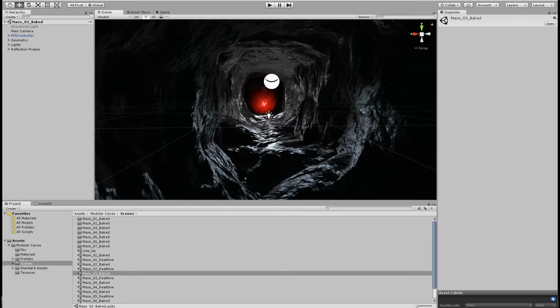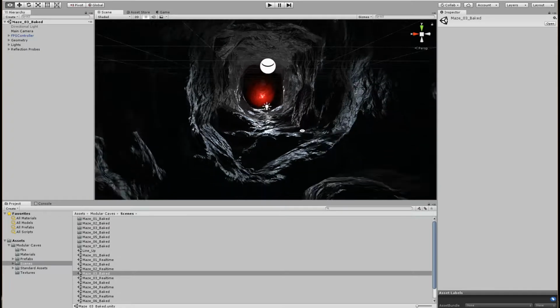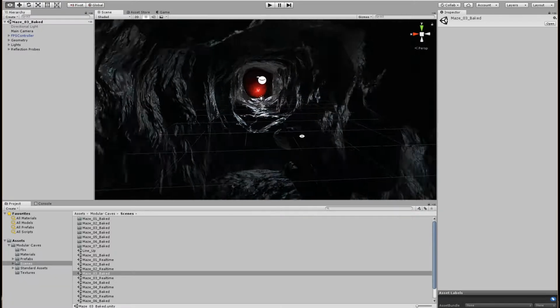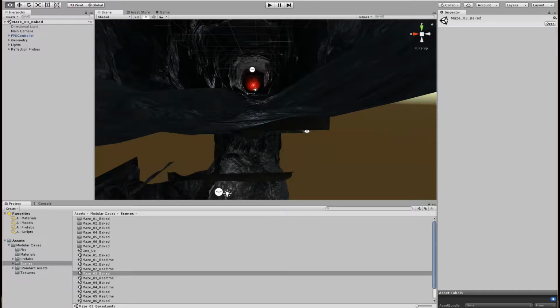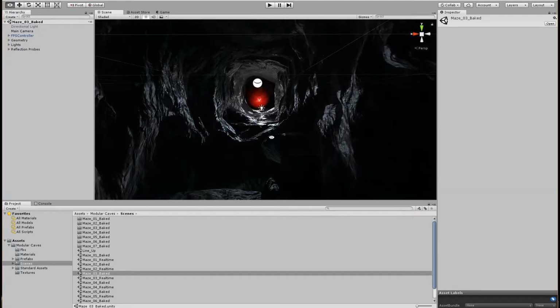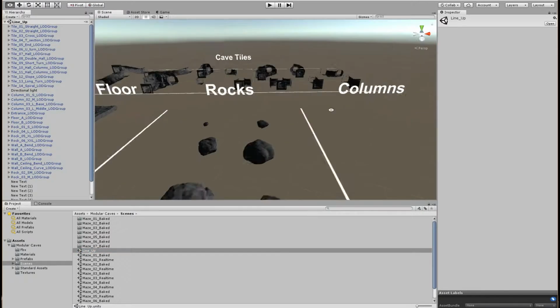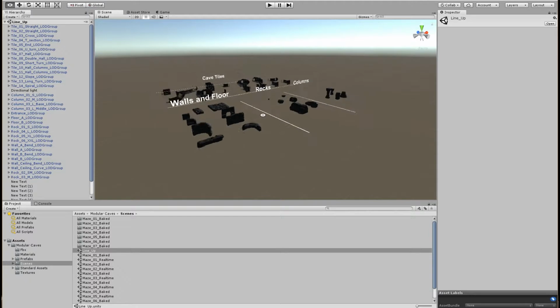Hello everybody, this video is an overview of the Modular Caves project by ProAssets. So right now we are inside the Maze 3 baked version, which has been used as the main presentation project. But let's jump to the original scene, to the lineup of the assets, so you can see the building blocks